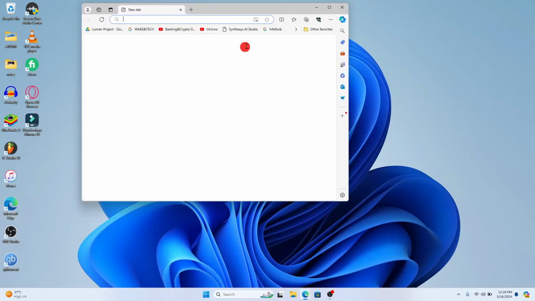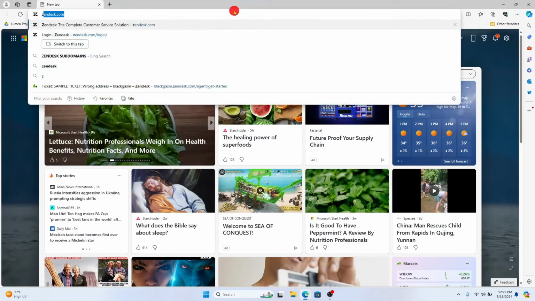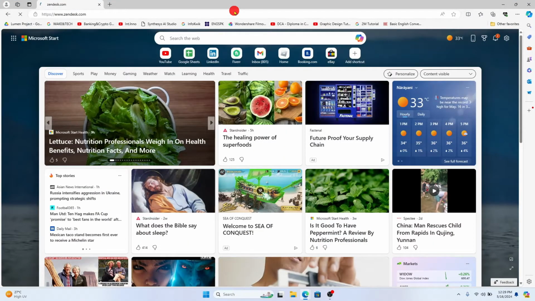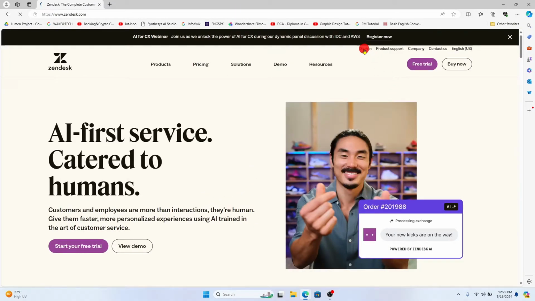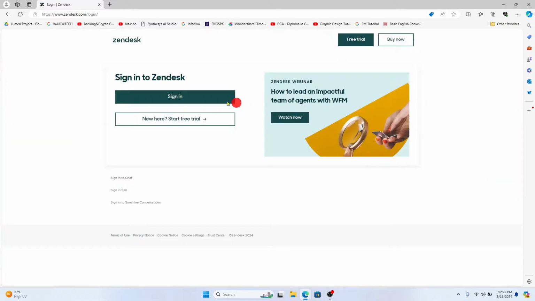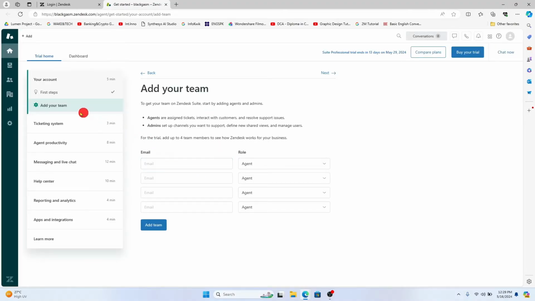First of all, open up your web browser and then in the address bar, type in zendesk.com and press enter. You will now be taken into the official Zendesk website, from which you can click on the sign in button at the top section and proceed with logging into your account using your email address and your password. Once you have been logged in, you will be taken into your homepage, within which you will be asked to